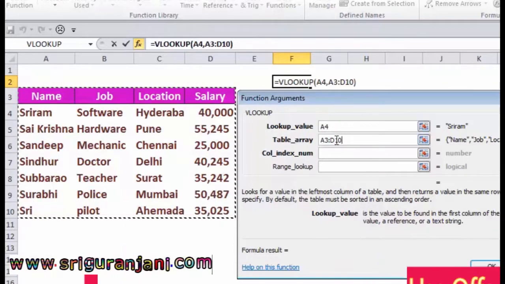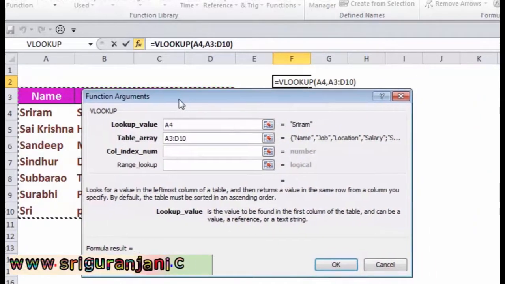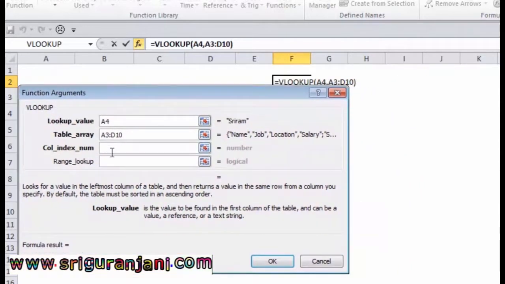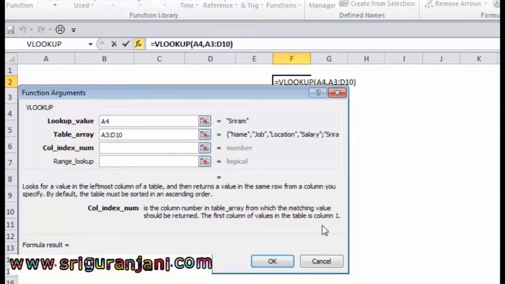Now I have considered the A3 to D10 range as the table array, and the third argument represents the column index number. This column index number indicates from which column we want to retrieve data.